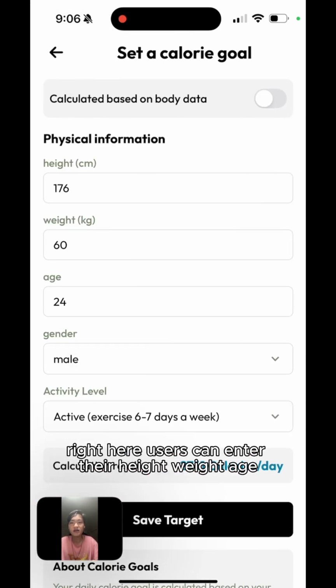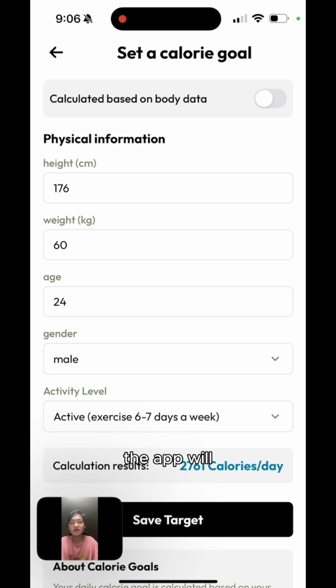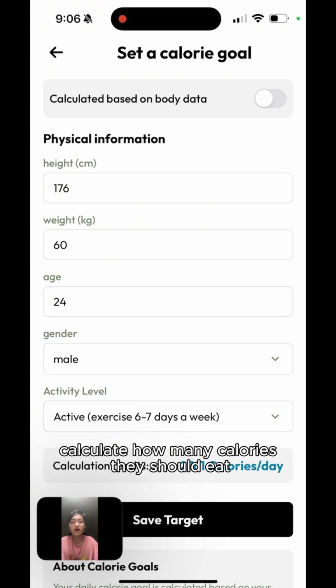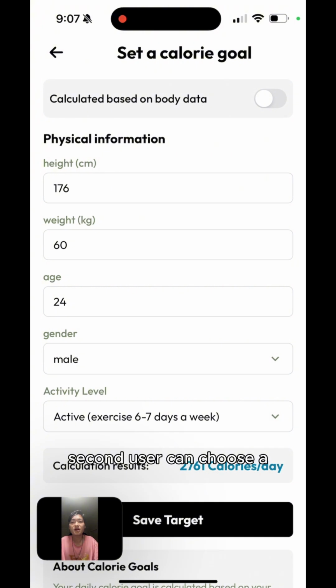Users can enter their height, weight, age, gender, and daily activity level. The app will calculate how many calories they should eat, using a healthy formula equation. Second, users can choose a recommended calorie target based